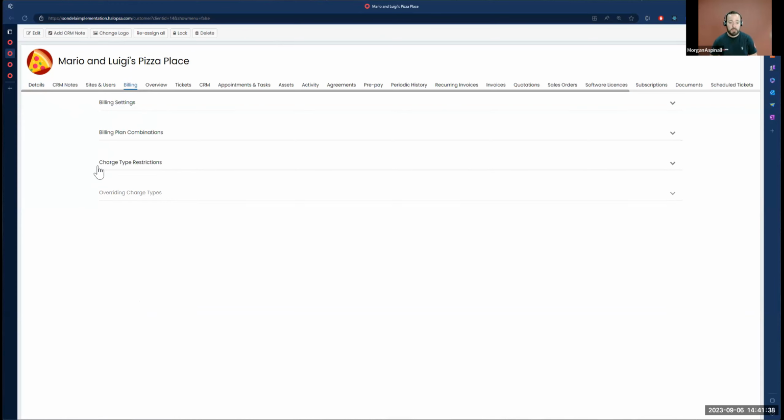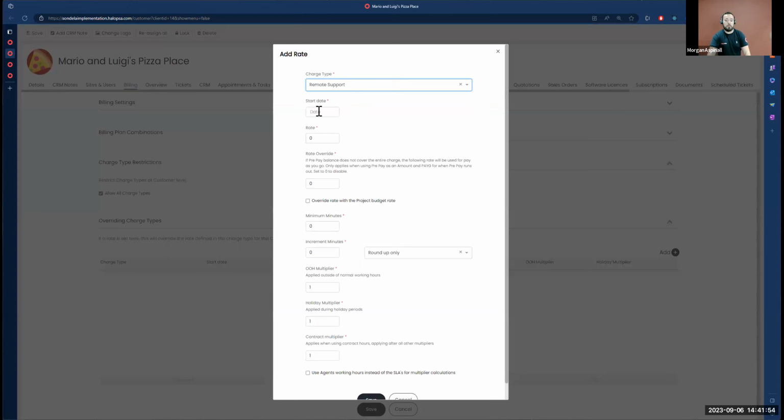So the overriding charge types allow us to select from the list of existing charge types that we have in the system, and then from that, allocate some specific charge type configuration to this particular customer. So maybe this customer actually has their remote support at £40 or $40 an hour as opposed to 50. Again, we set our minimum, our increments, set our multipliers,